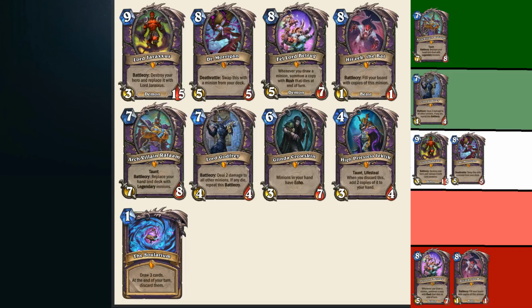A tier 3, tier 4 sort of deck. I ran the Dolemaster Dorian as well, but never anywhere competitive. Probably get rid of Glinda. High Priestess Jeklik, you can probably disenchant this as well, because discarding is really not a thing anymore for the